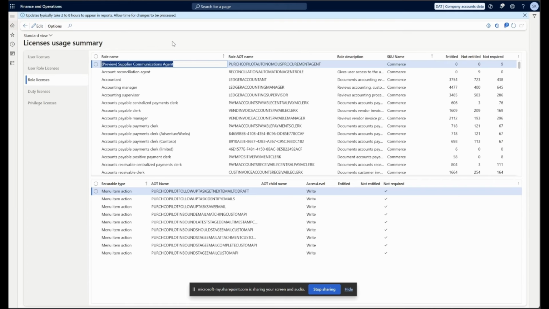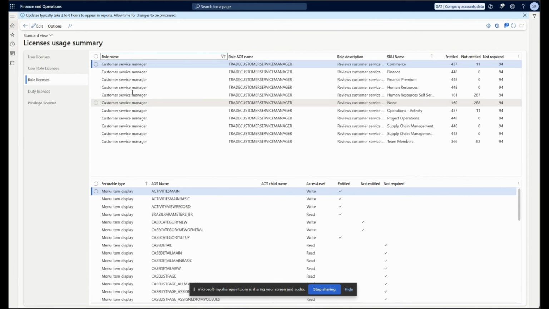Let's also understand for a particular role what is entitled, what is not entitled, and why. I will take an example of a simpler role, customer service manager. I can see this is fully entitled in the finance license, and under operations activity, it's not entitled for 11 objects. Let's click on that